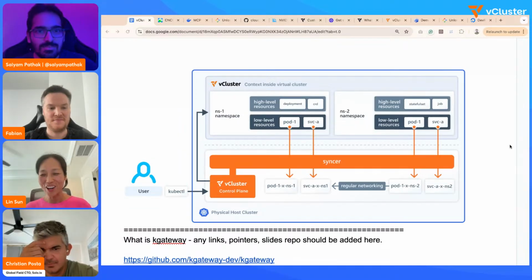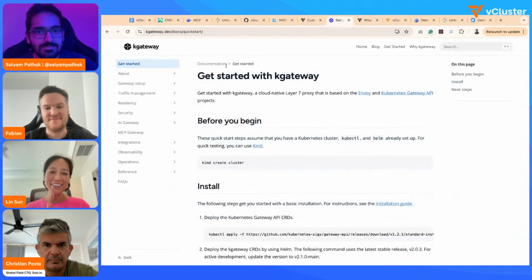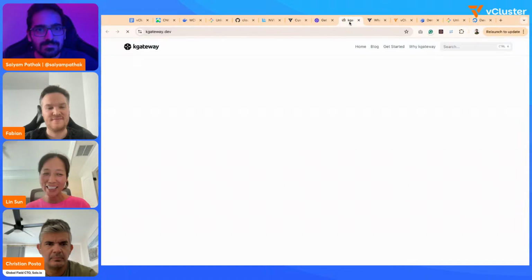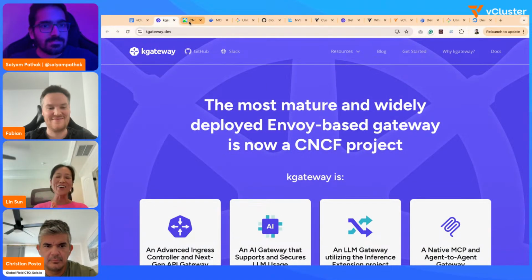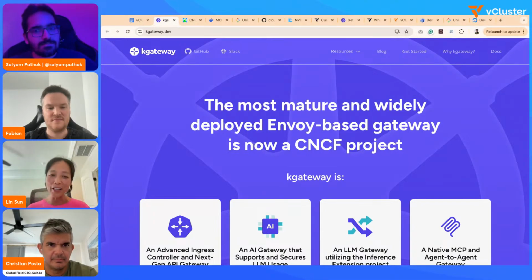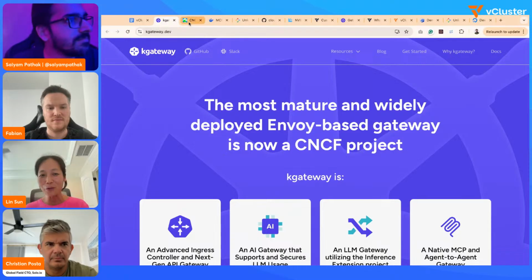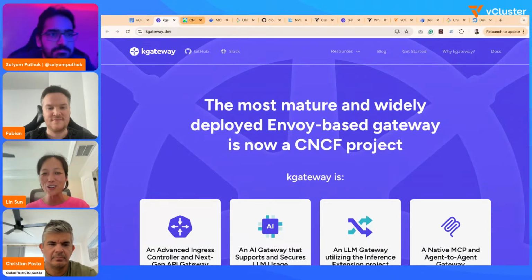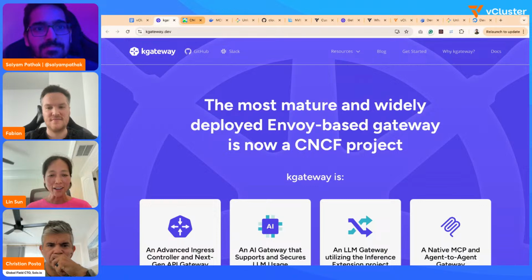Yeah, I guess I'll start first. So kgateway is our Glue project. We started Glue in 2018 or 2017, before I even joined Solo. I think, Christian, before you even joined Solo. So it was our Envoy-powered Kubernetes native API gateway. And last year, we took Glue to CNCF. At KubeCon Salt Lake City, we actually donated Glue as a CNCF project and called it kgateway. So that's where the name kgateway was born, in Salt Lake City.